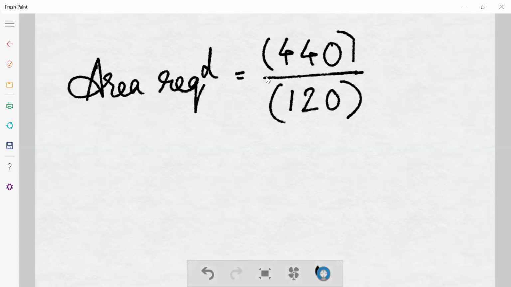But if there is a moment, we also take a multiplication factor of 1.15, which is taken to account for the moment. If there is no moment, we don't take this 1.15. So how much does it come? 440 by 120 into 1.15 comes around 4.21